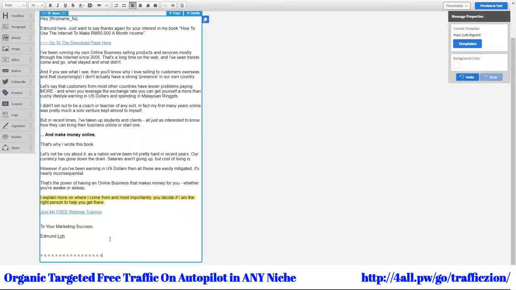What CAN-SPAM basically is, is that all your unsubscribe details and your mailing list details are listed below by default. So you don't want it to be too close to your signature here. It's not going to make it look nice. So this is why I spaced it out 3 lines here and a line breaker over here, so it doesn't get too close. But anything more than 3 lines is kind of killing it, and AWeber or any autoresponder service for that matter